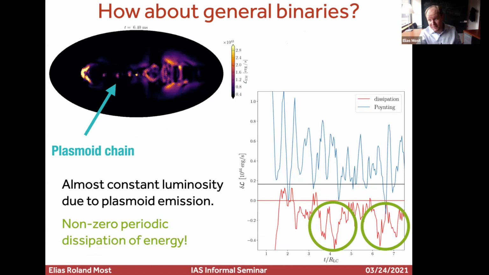And so you can do the same type of analysis I was showing earlier. You can see how much energy is dissipated. It turns out that a significant fraction of the energy, I think it's about 30% or so, is dissipated in the plasmoids. And again, surprisingly, although we don't have enough resolution in the simulation, we have a periodic flaring that we can identify just associated with the plasmoids. It's a significant fraction of the wind. And so we're looking into this further. This is why I cannot say more at this point, but it looks quite promising. It's an additional effect that we would expect in general, even when the special cases I was showing before would not work.